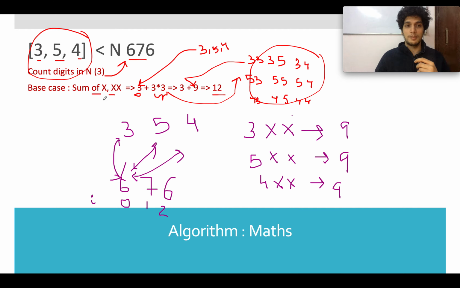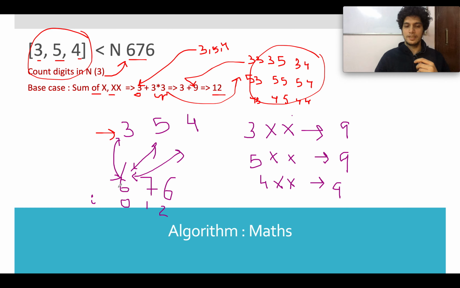If we go with the same logic, then the possible numbers may exceed this number, and we need to think a little more to get that answer. So what we are going to do is we will compare the first digit of your maximum number with 3, the first digit of your data set.